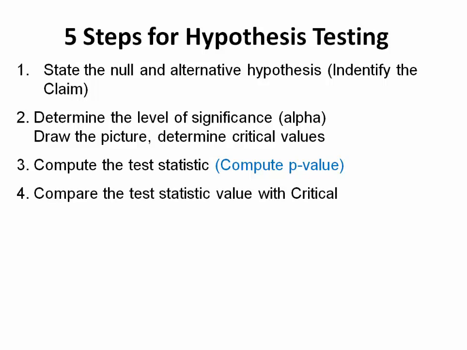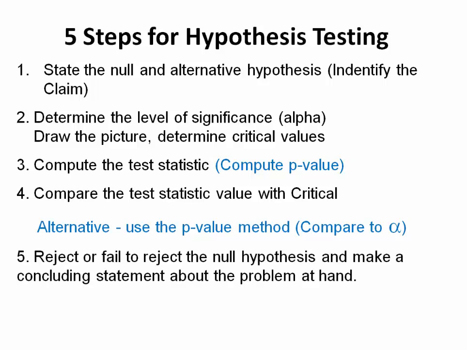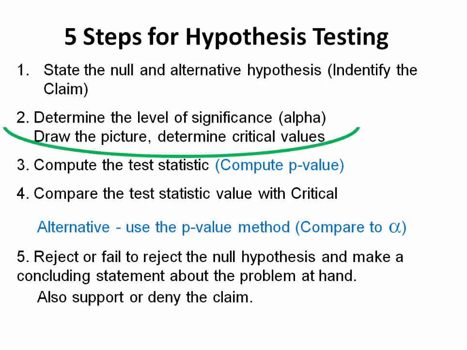This will be followed by step 3, compute the test statistic, and we'll also compute the p-value. Step 4, we'll compare the test statistic value with the critical value, or we will use the p-value method to compare the p-value with alpha. And step 5, we will reject or fail to reject the null hypothesis and make a statement about the problem at hand, and also to support or deny the claim. So in this video, we will cover determining the level of significance alpha and drawing the picture and determining critical